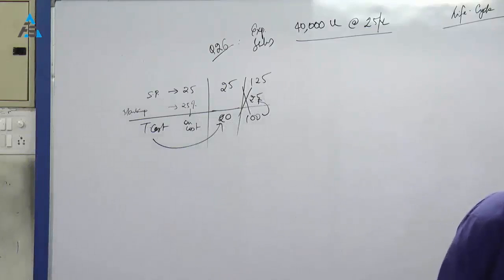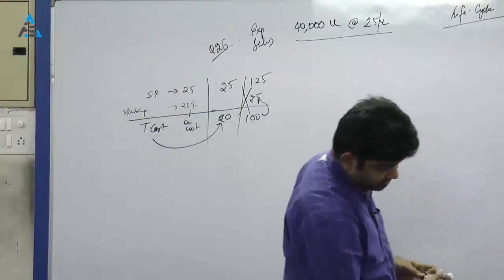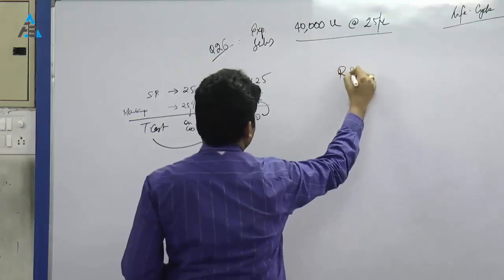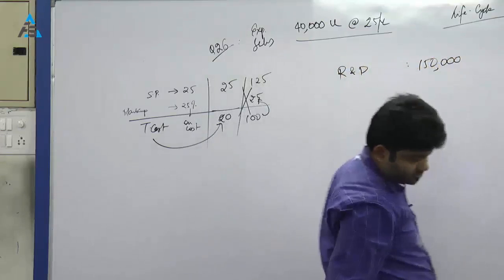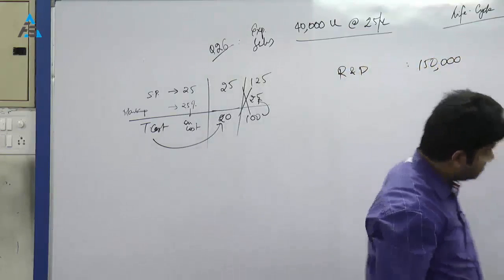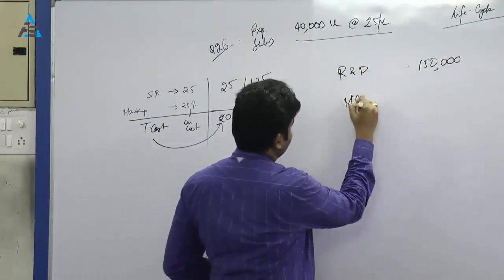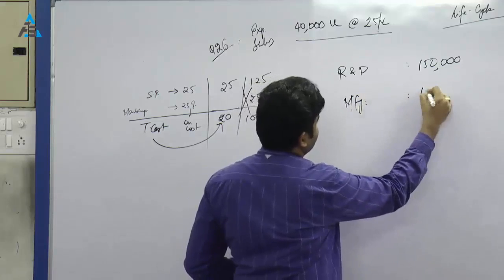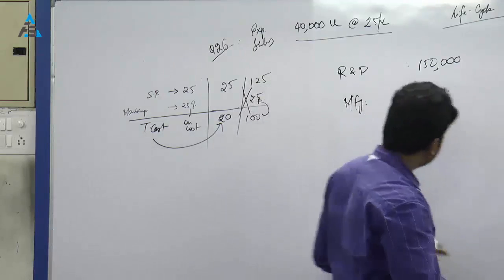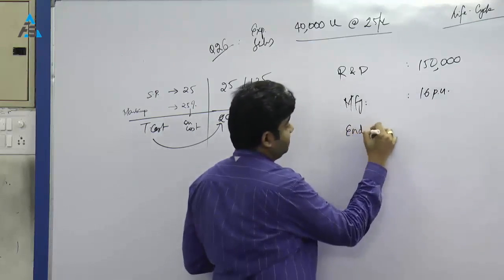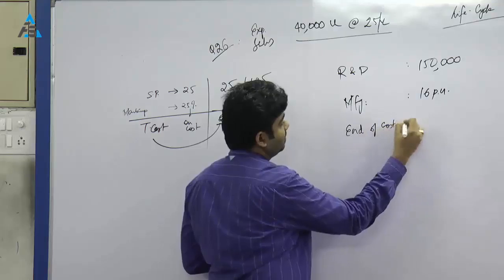So it is research and development 1,50,000. Then we have manufacturing cost, which is 16 per unit. Then end of life costs. So end of life cost, there is no salvage but a cost which is